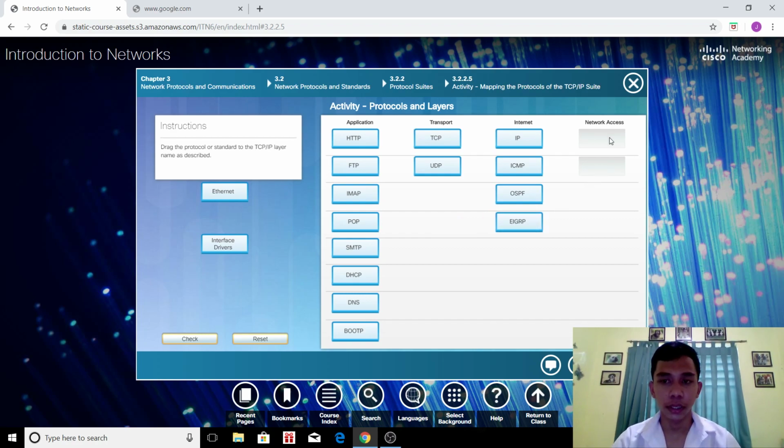Network access, internet and interface drivers, where